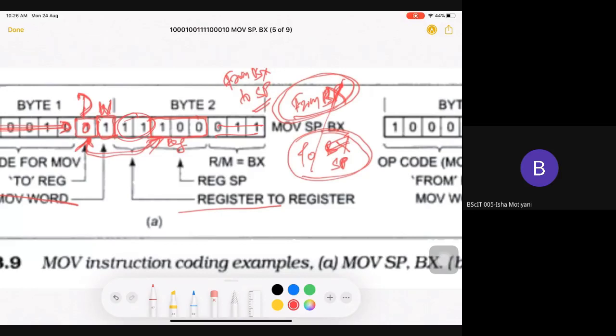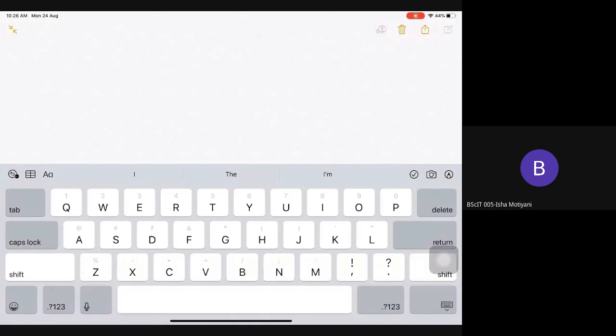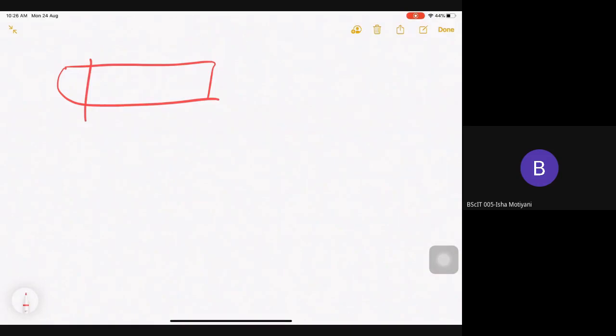Not clear? Let me open it again. Suppose this is my first 6 bits: 1, 2, 3, 4, 5, 6. This will be my opcode.